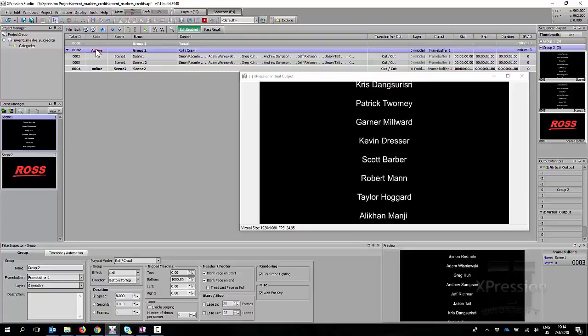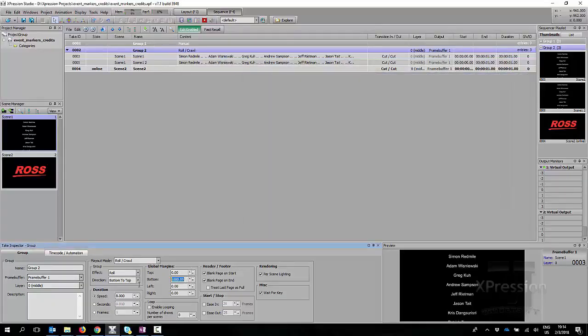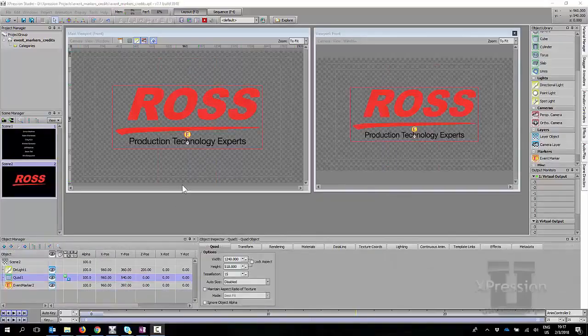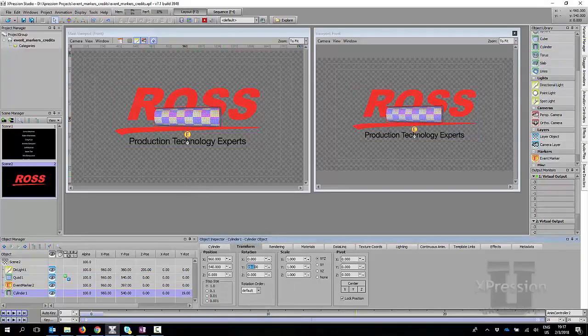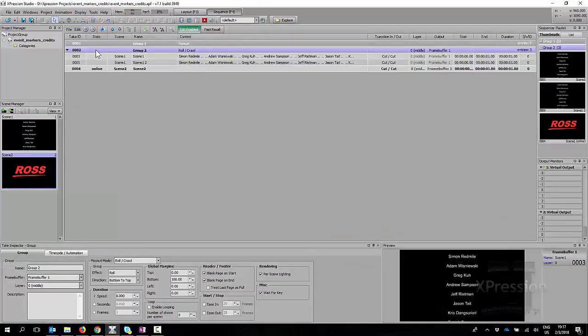Now that may be exactly what you want, in which case that's perfect. However, what you might want is the two sections of text to be closer together. So in that case, I might only put in a smaller gap of, let's say, 100, and then I would go back to this scene. What we can do is trick XPression into rendering that gap by placing in an object, not putting a material on that. So if I rotate this guy around so it's long ways, and move him up here, what we'll find is when we play that back now,